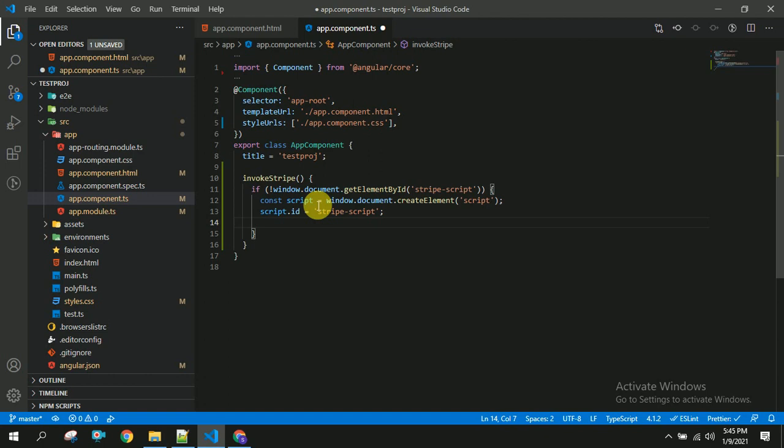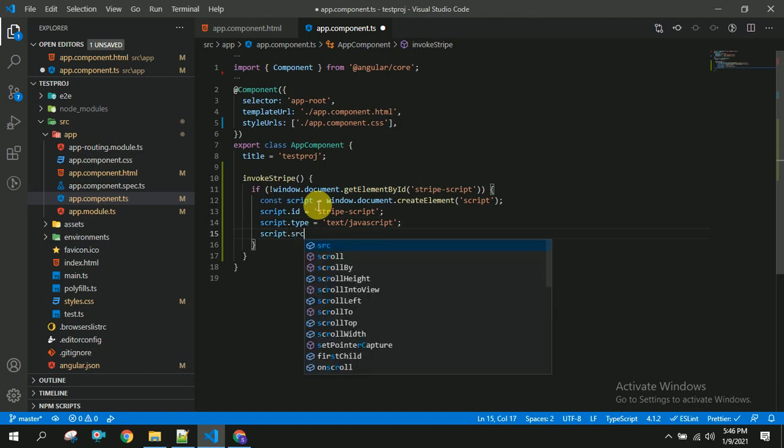After this we are going to add the type to it. So script dot type equal to text slash JavaScript. After this we are going to add src.